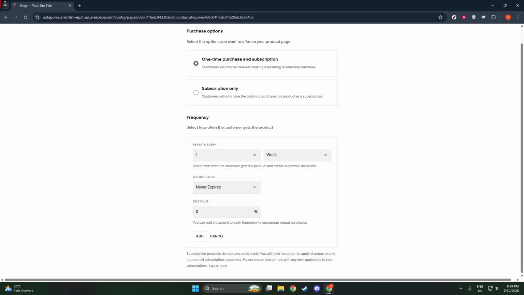By following these steps, you're well on your way to enhancing your store with subscription services that can engage customers